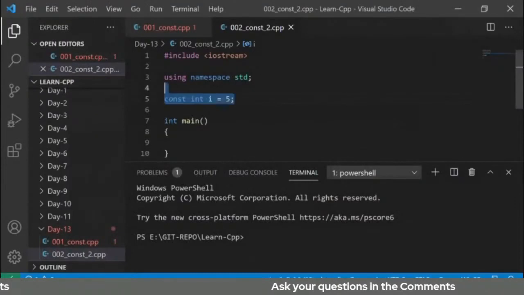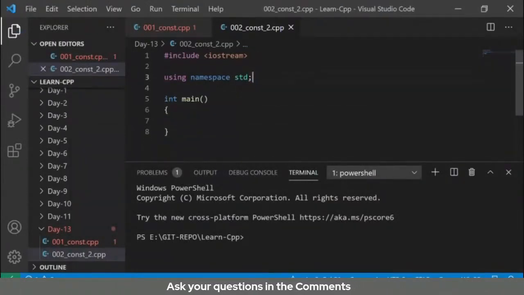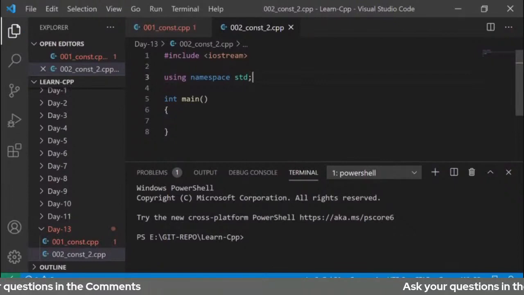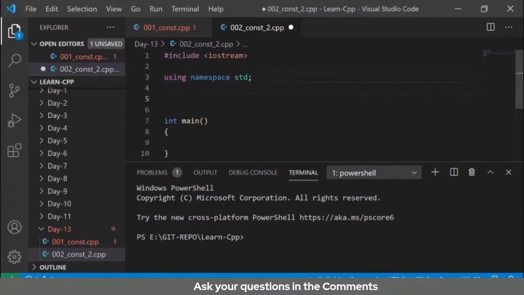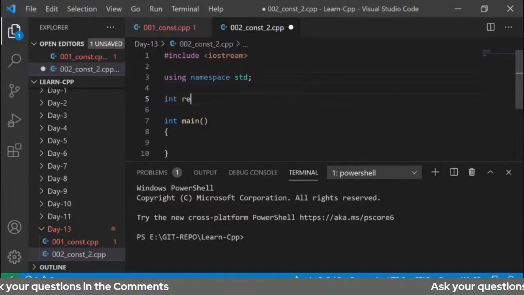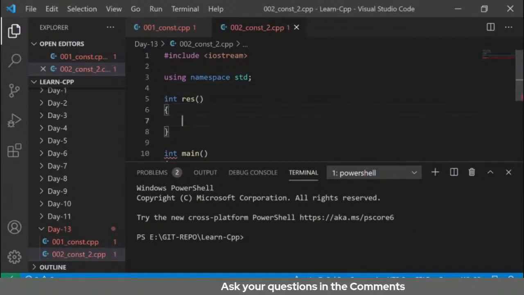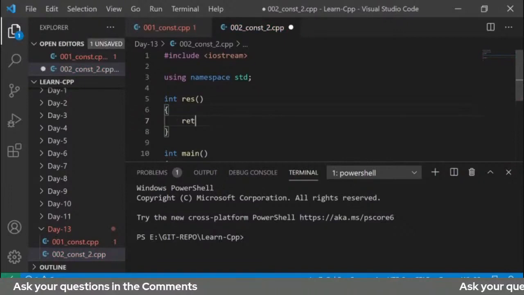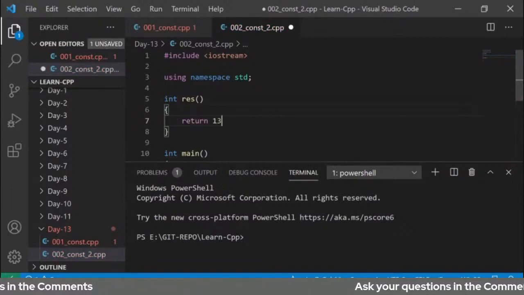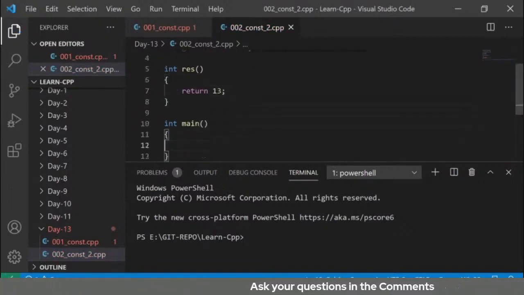ओके, तो अभी आगे फिर से आते हैं अपने प्री प्रोसेसर के टॉपिक पे. प्री प्रोसेसर के बाद थोड़ा नेम स्पेस भी करेंगे या एक कॉन्स्ट के ही और टॉपिक पे आते हैं पहले प्री प्रोसेसर पे जाने से पहले, ठीक है. अब मैंने एक फंक्शन बनाया, result, and it is not taking any of the value, and what I am doing now, I am returning 30. ओके, अब मैंने क्या किया,